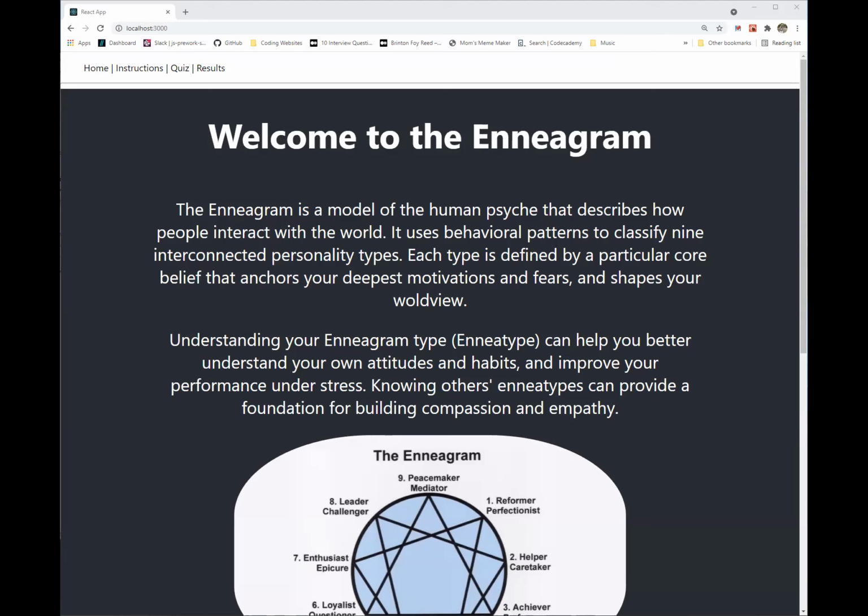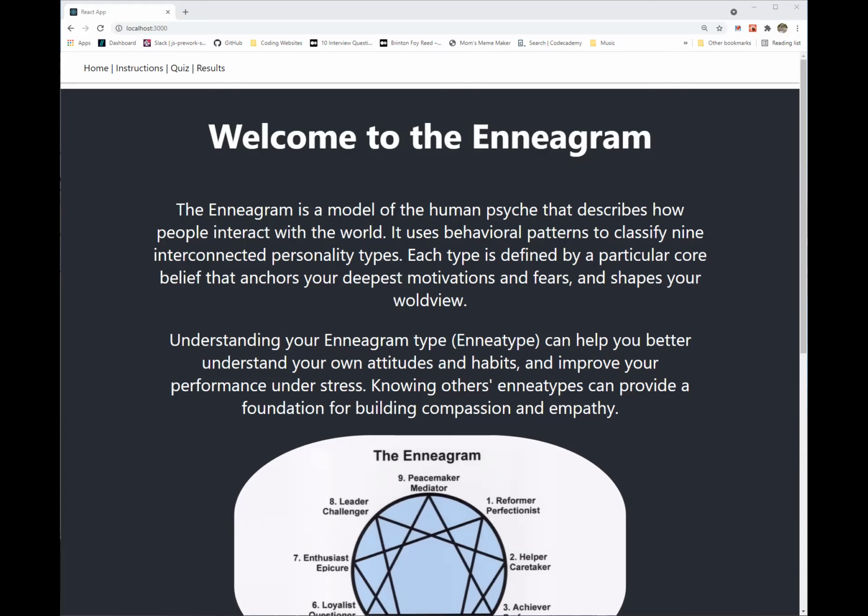I am going to show you my app for phase two, React, and it's called the Enneagram. Welcome to the Enneagram. The Enneagram is a personality type indicator that I found really useful. For a while I managed programming for a hot springs retreat center, and we had a little over 150 programs a year, and the Enneagram was one of them. So that's how it's introduced, but it's used